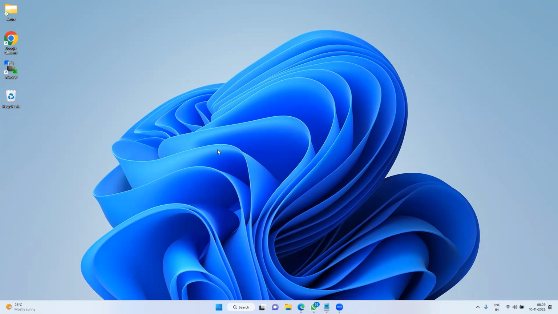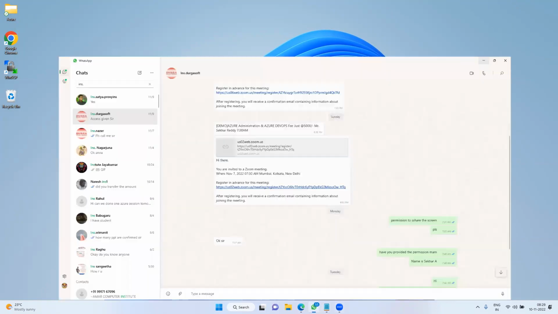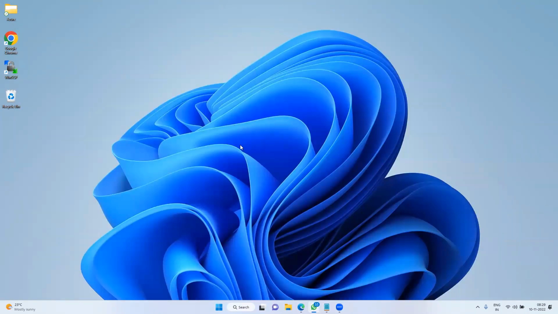If you install an application on Windows 10, it won't be supported, because the environment would be like that.